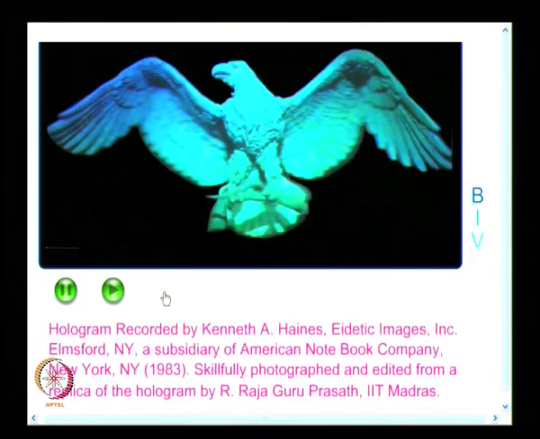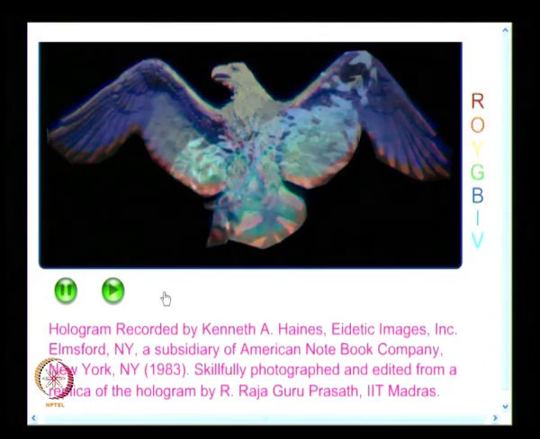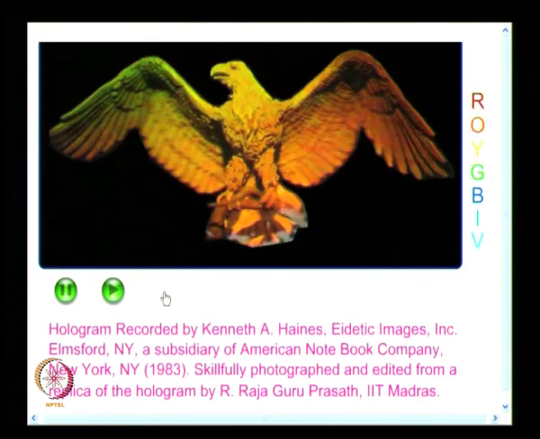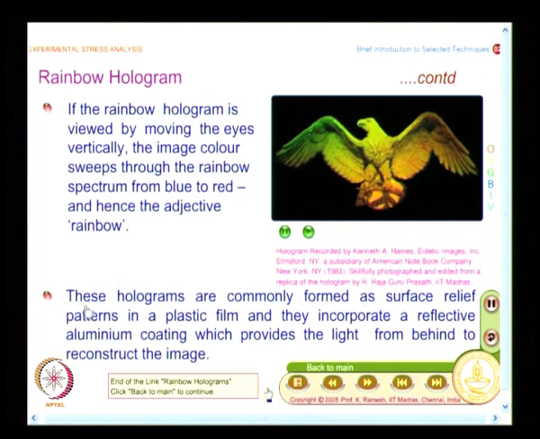So, what you find here is you have a nice hologram, you have the rainbow of colors, and here because the images are not assembled properly, you see a semblance of depth, but it is not actual depth. What you saw in the earlier one, when you move the head horizontally, you saw a beautiful depth. Here you see only colors are different. Okay, that is why it is called a rainbow hologram, and these holograms are commonly formed as surface relief patterns on a plastic film, and they incorporate a reflective aluminum coating which provides the light from behind to reconstruct the